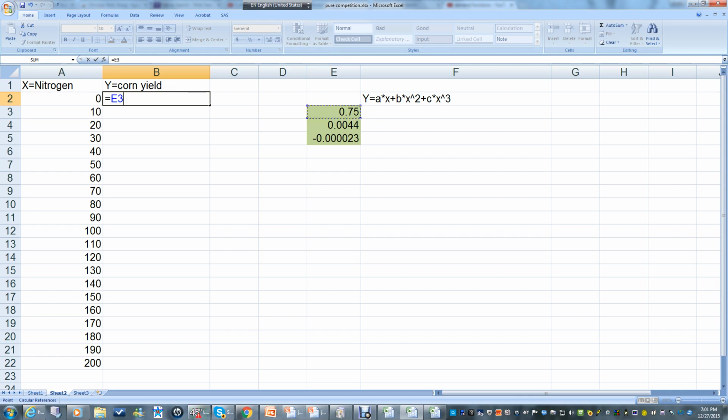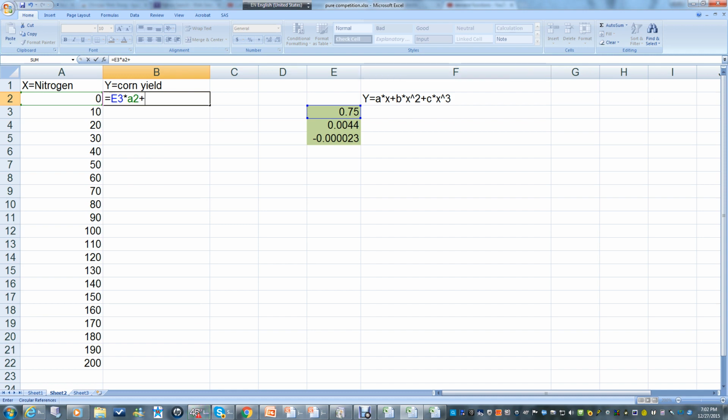Let me just put all of these in, and then I'll come back and put the dollar signs in. Whoops, I've forgotten something here. I want to go times A2, which is our 0 in our formula, plus,